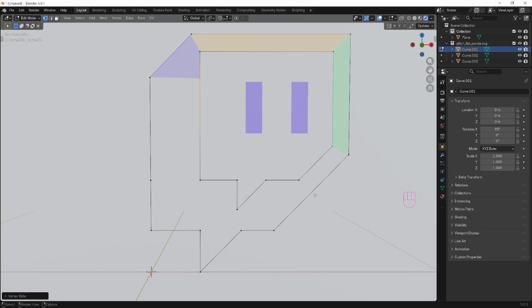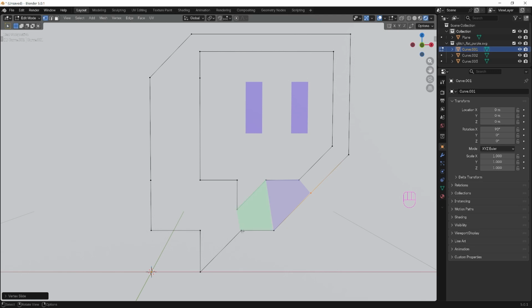We can also see that we need to add a vertex here. So select one of the vertices on the edge, Ctrl R, left click to leave in place, GG and slide it into place, then left click to confirm. Next we can see that these can be joined up, and these. But have a look down here.